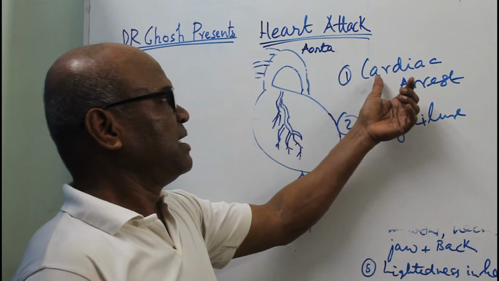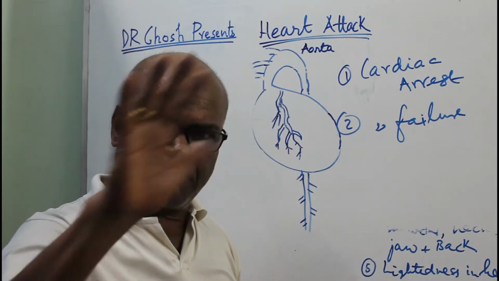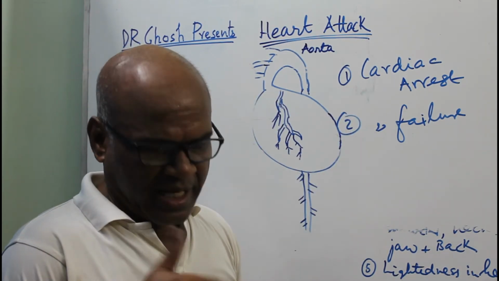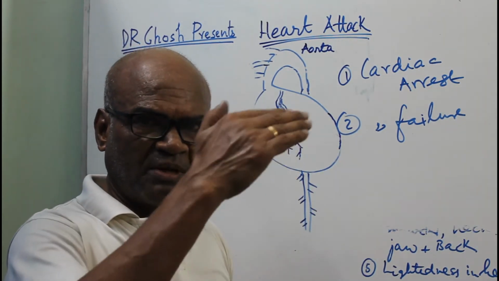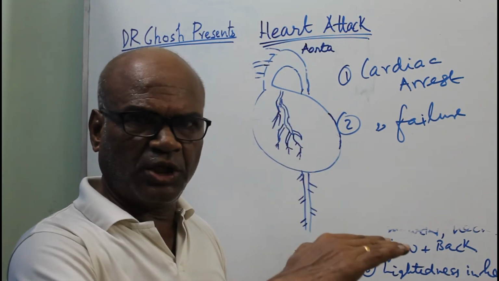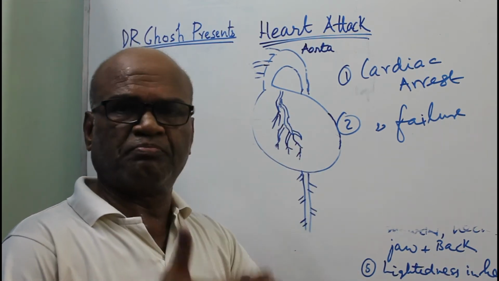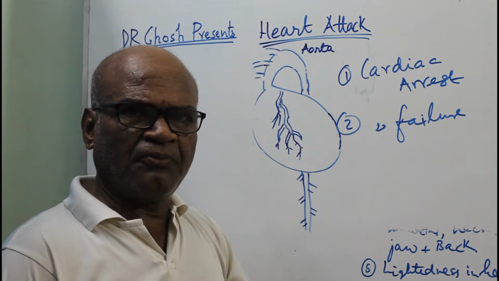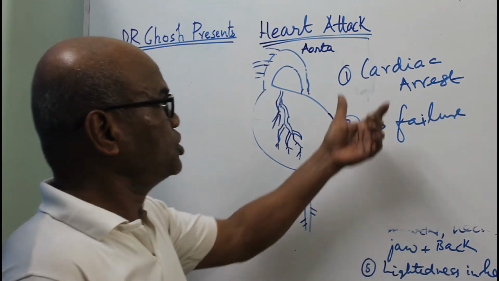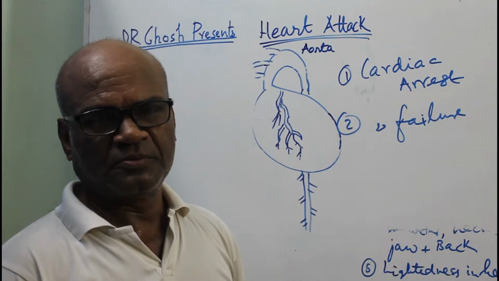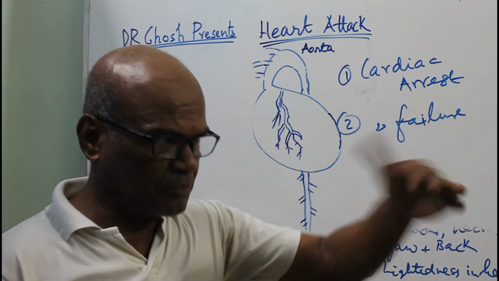But mind this, it doesn't happen generally, because in the system there are 4 steps. If some step fails, the next step comes. That fails, next step. So heart rhythm 75, then comes 60, then 40, then 30. There are so many steps, because our body system is prepared in that way. If one system fails, then another comes. So generally cardiac arrest doesn't happen, because there are substitutes to take up the function.